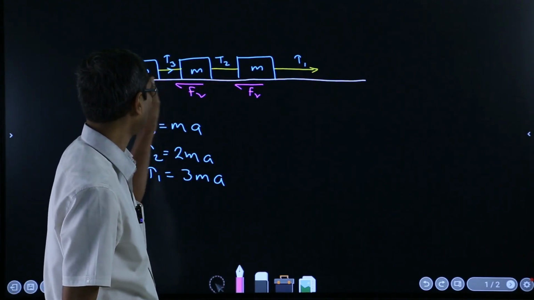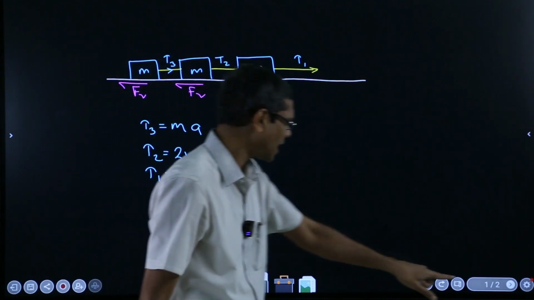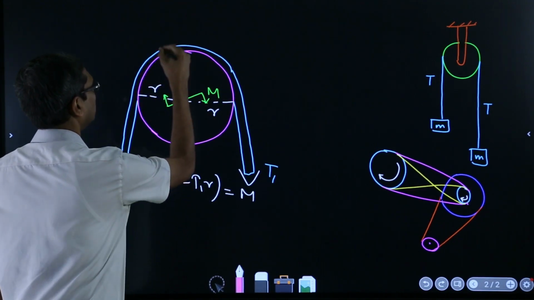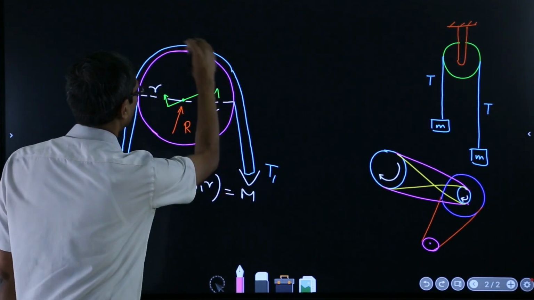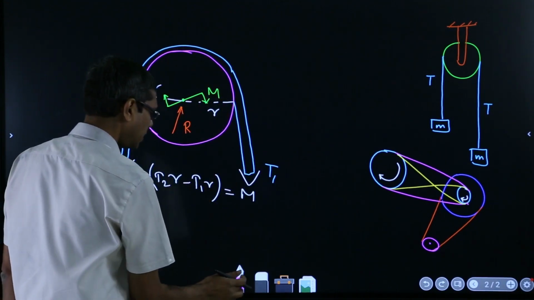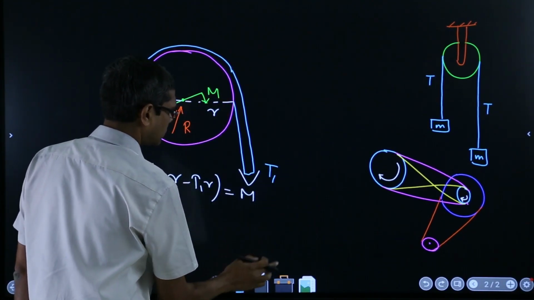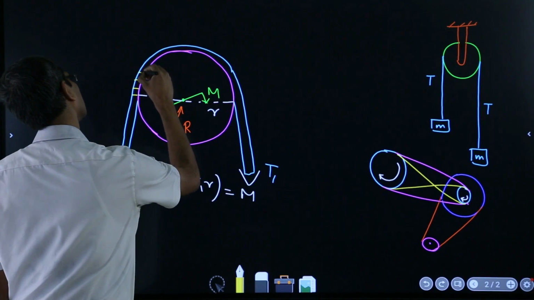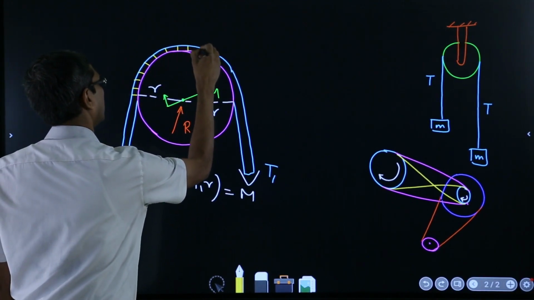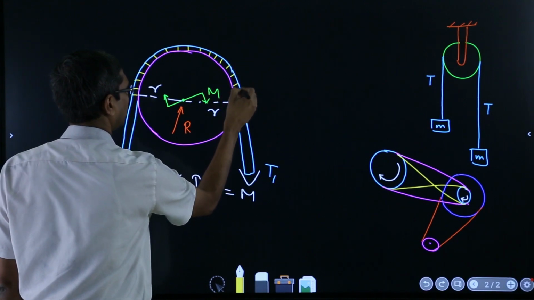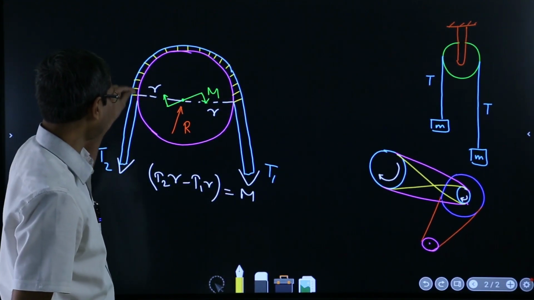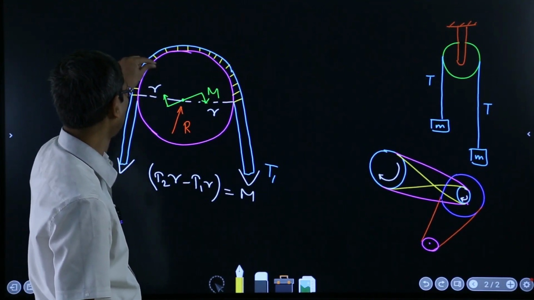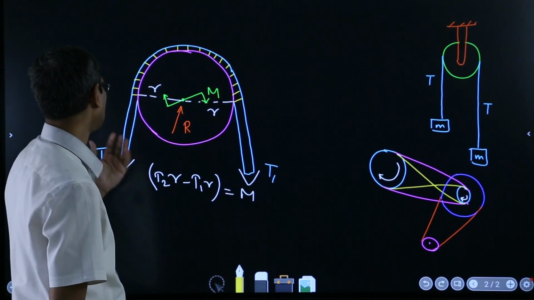This is working against 2 and this against only 1. So the same thing happens in this case. If you think of this part, the strip of the belt which is in contact with the pulley, as small blocks, and each one is contributing some friction force. So these friction forces keep on adding, and that is how